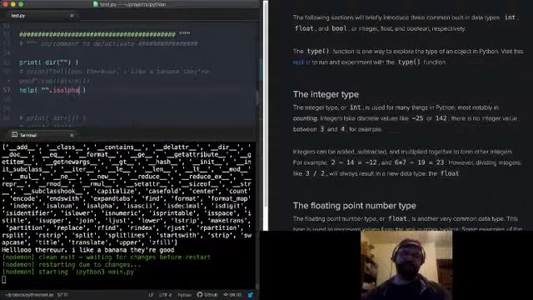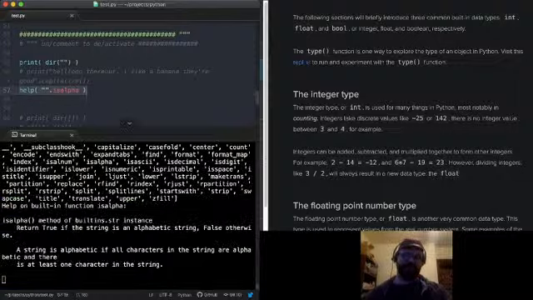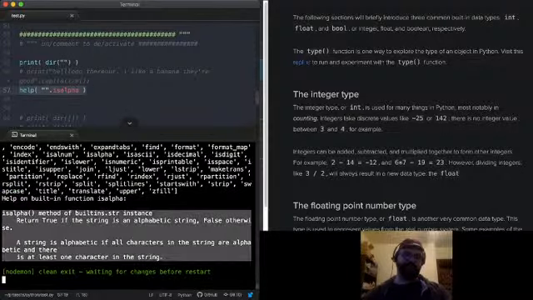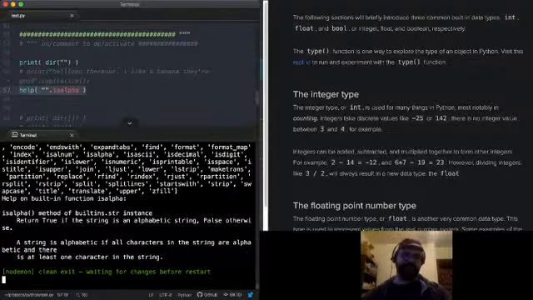And this will access the internal documentation built into Python, right? So this is the internal documentation for isAlpha. So it says isAlpha is a method of built-ins.string. So string is a built-in instance. Returns true if the string is alphabetic. Excuse me, I said alphanumeric. So this corrects me actually, which is good. So if it's alphabetic string.